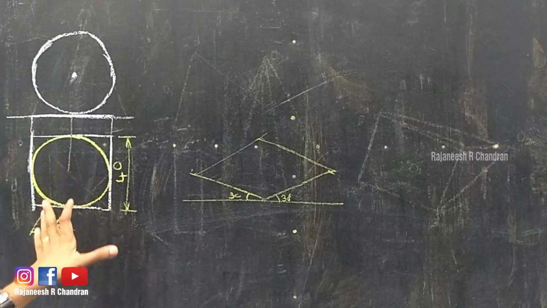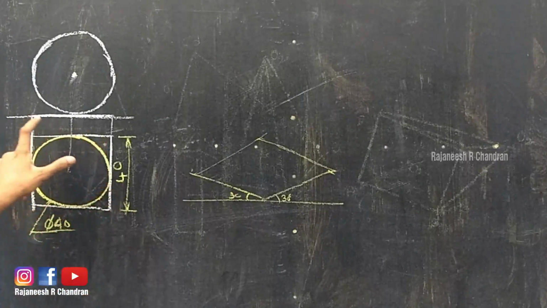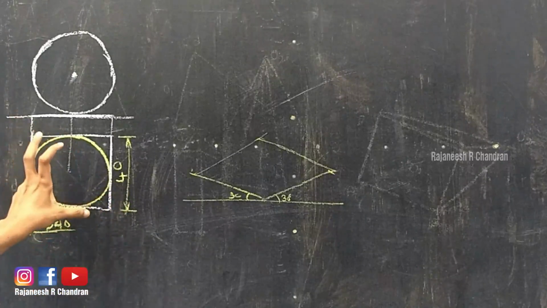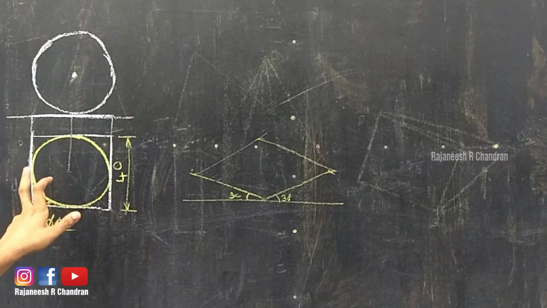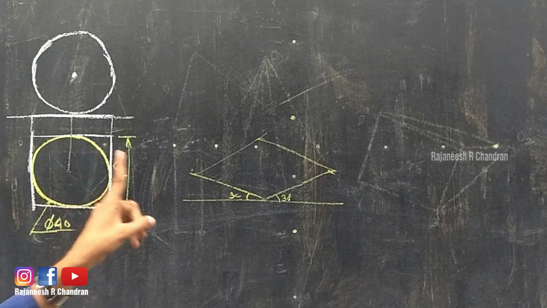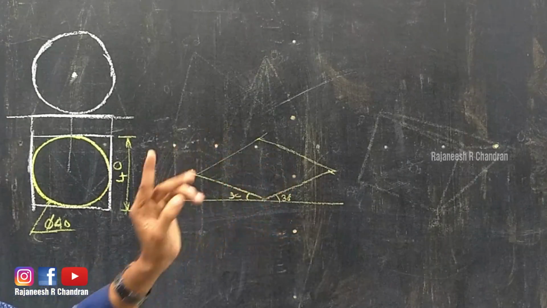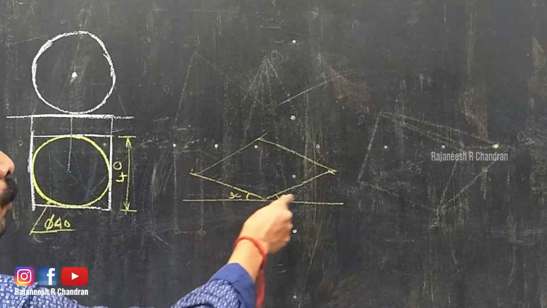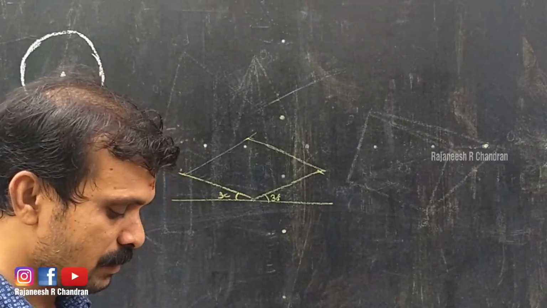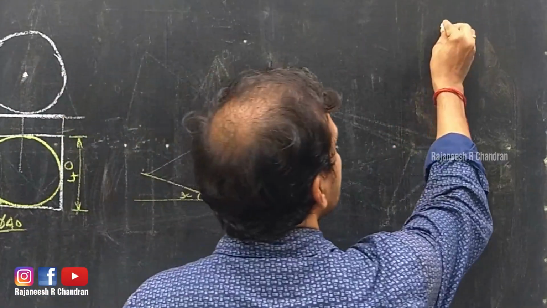So this is the orthographic projection. This is the top view. The white line is a square, and on the top of that square, this is the orthographic projection of the sphere. This is the front view. So at first we can construct the orthographic projection of the square lamina, right? That we have already constructed. Now we have to understand that the isometric view